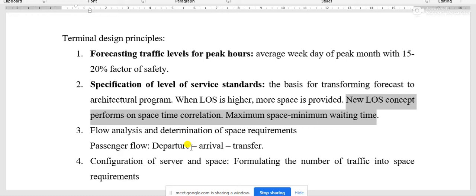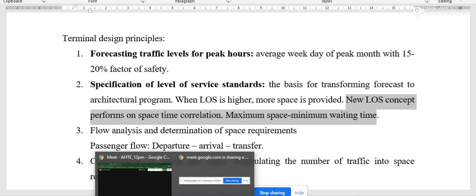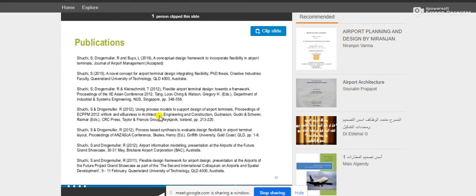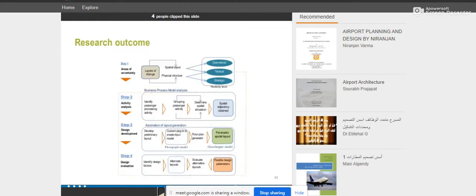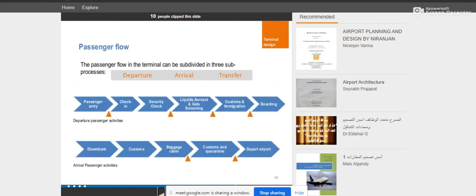This is the passenger flow. The real passenger flow occurs through the entry of passengers.